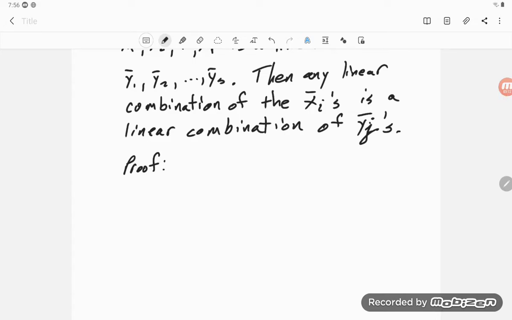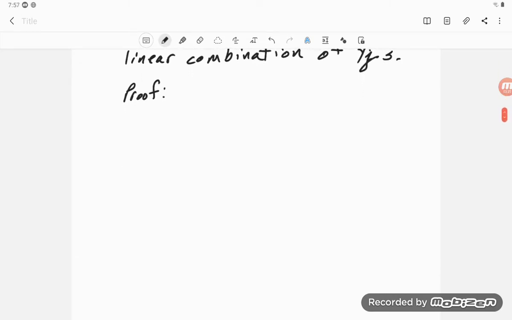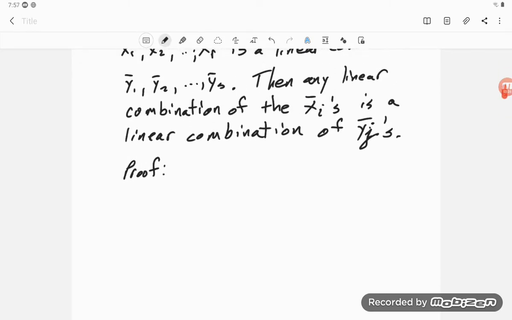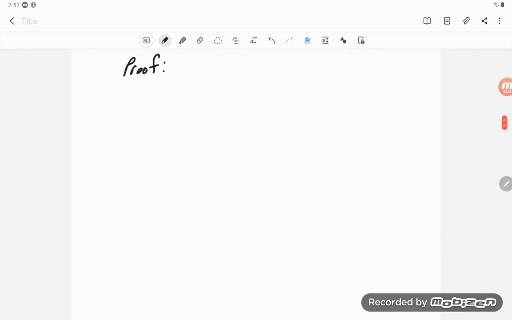I don't remember, maybe it's one of the problems, and so maybe I'm giving an answer to one of the problems. But the proof. So what are we told? Suppose each of the xi here are linear combinations of the y's, and so